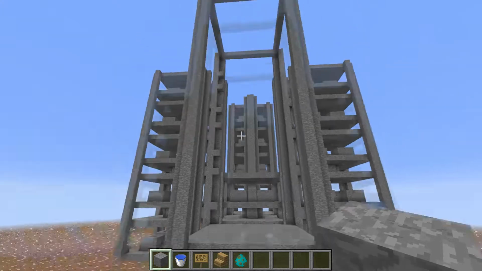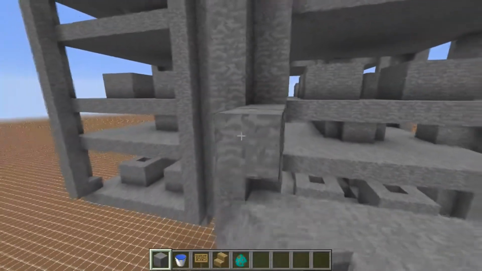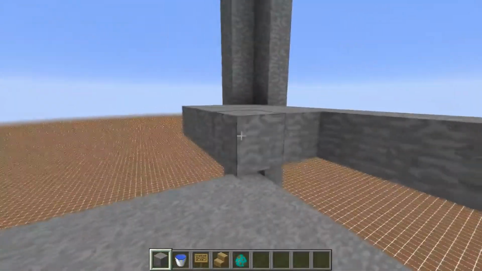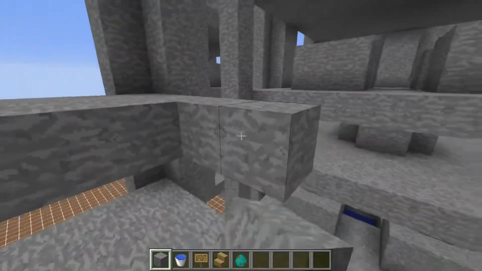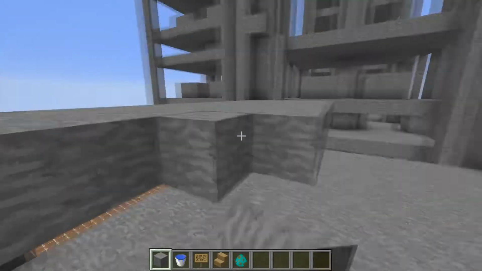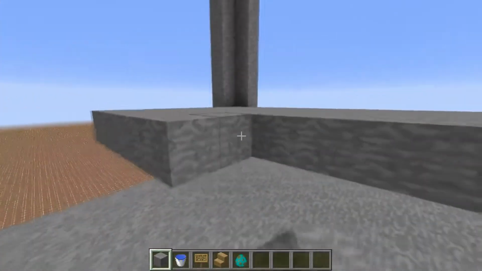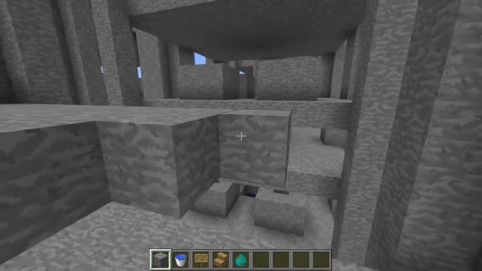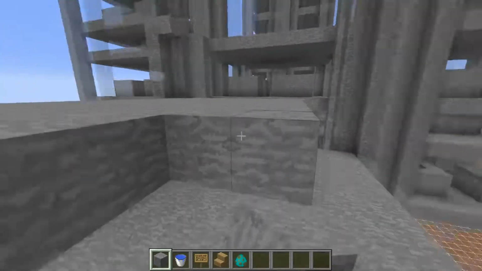But today we're going to be concentrating on this. Now, what this is, and this is taking me way too long to build, even in creative mode. This is my 4th or 5th iteration of this, and I'm kind of getting tired of the traditional mob spawner. So what I wanted to do was create a new one